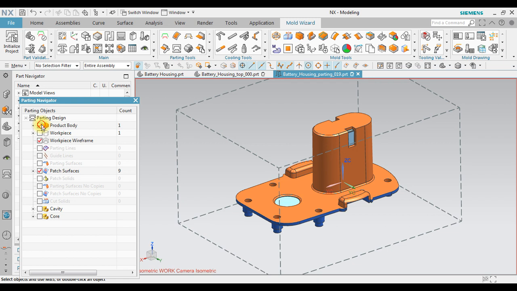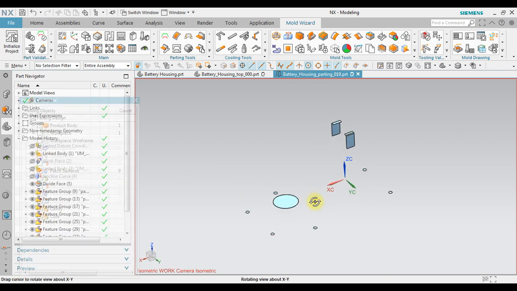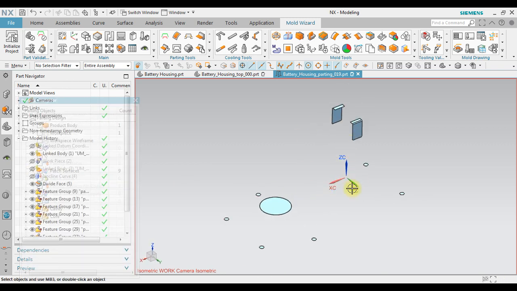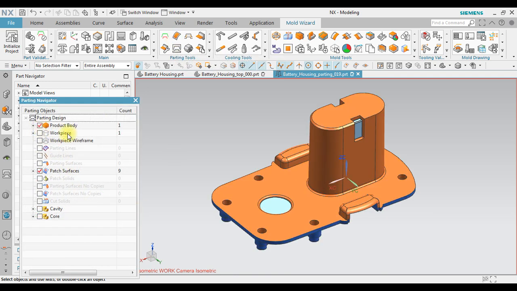We hide the product body, the workpiece wireframe. Now we have patch surface displayed on it. This is the new patch surface created before using patch surface tool. Now go back again to product body.